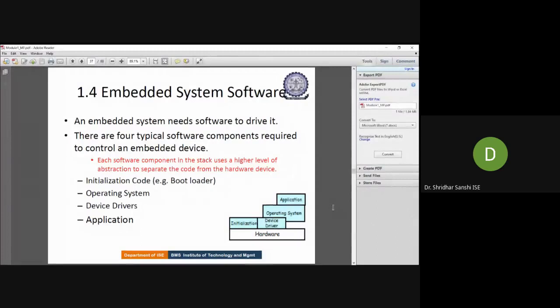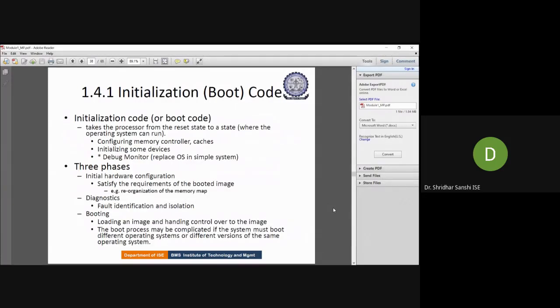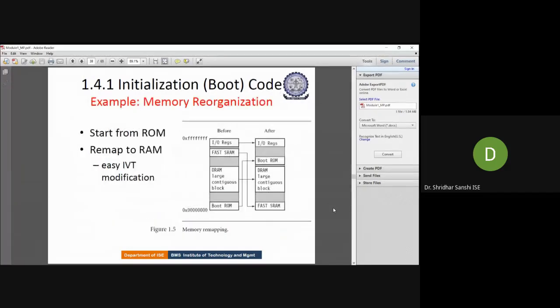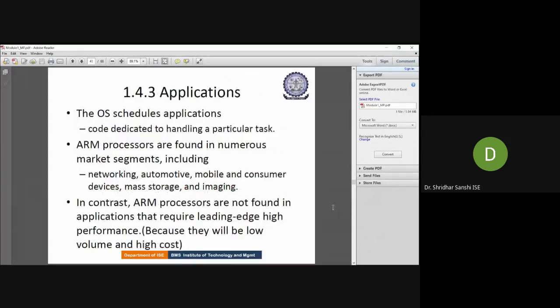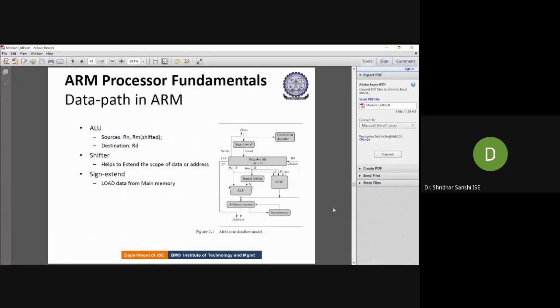Correct. And device drivers. Device drivers specify the format in which the operating system can interact with the hardware. Each hardware we connect to a microcontroller requires a specific device driver. It is responsible for communicating with the hardware. So this is what we have talked about. And applications: if we want to perform any task, we need to write applications that can be run on the microcontroller. These things we have studied, and this is the overall picture.